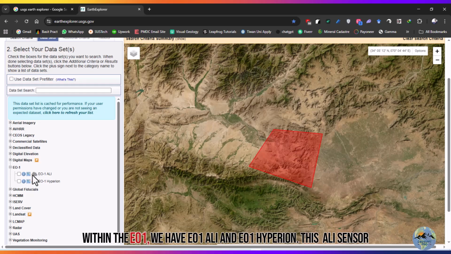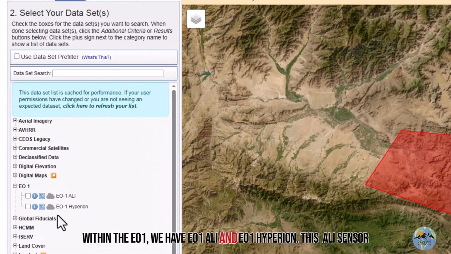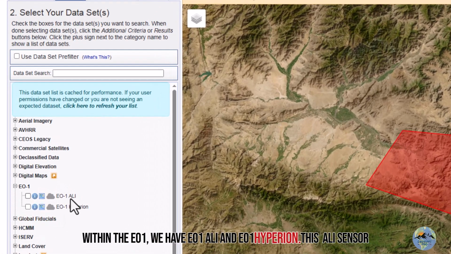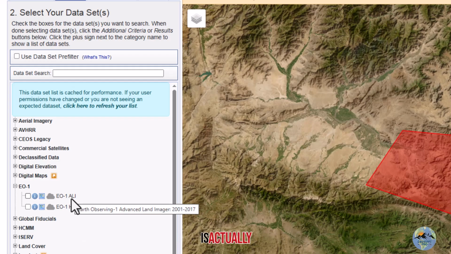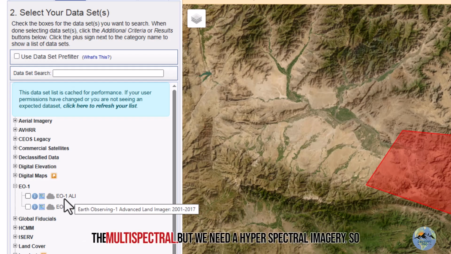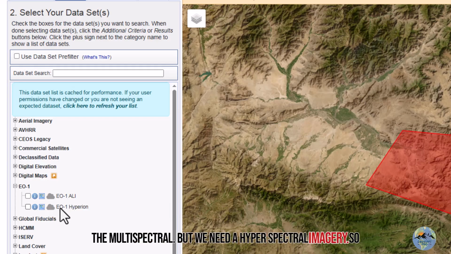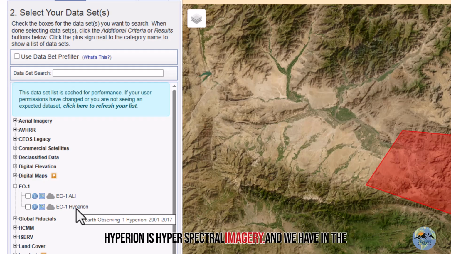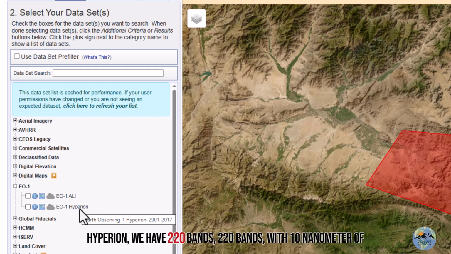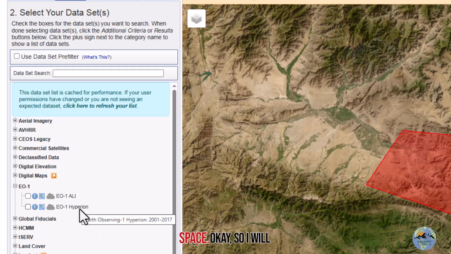Within the EO-1, we have EO-1 ALI and EO-1 Hyperion. This ALI sensor is actually multispectral, but we need hyperspectral imagery. So Hyperion is hyperspectral imagery, and in the Hyperion we have 220 bands with 10 nanometer spacing. Okay, so I will select this one. Okay,